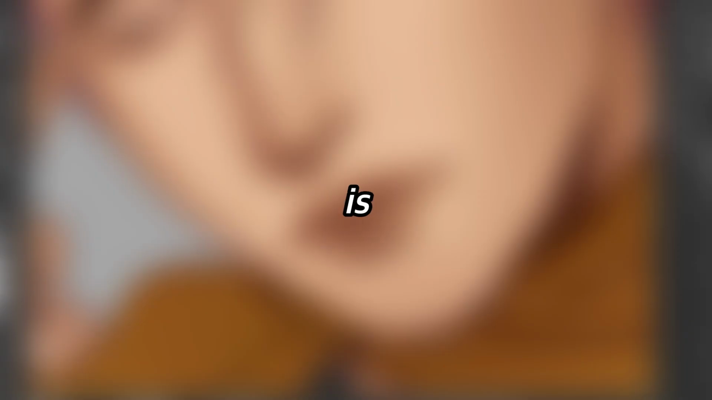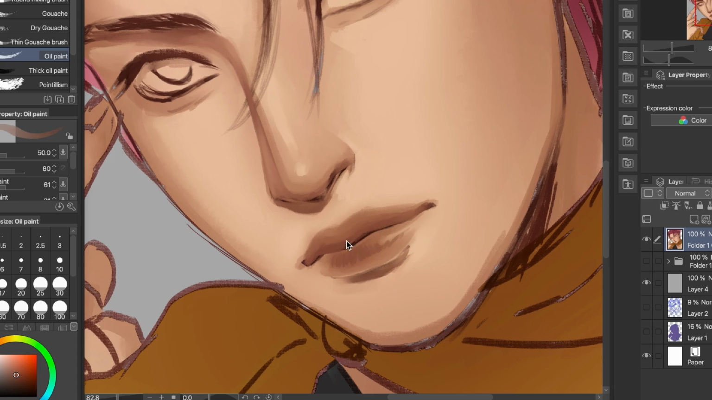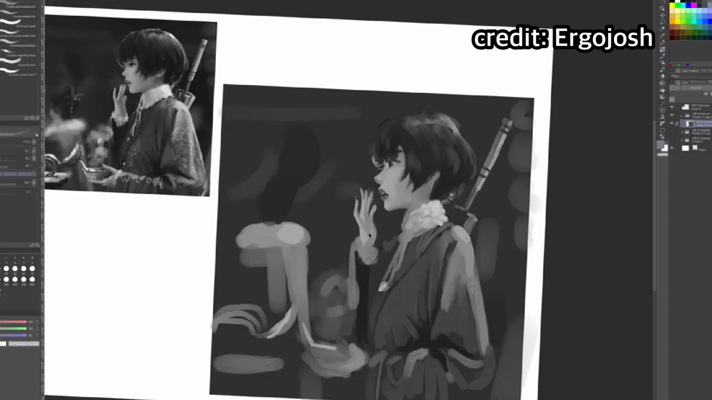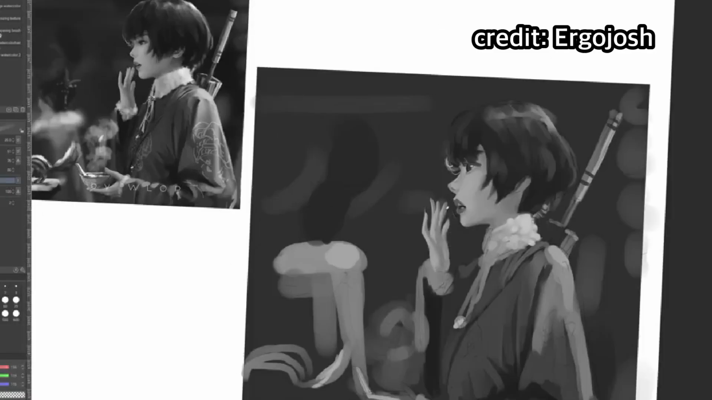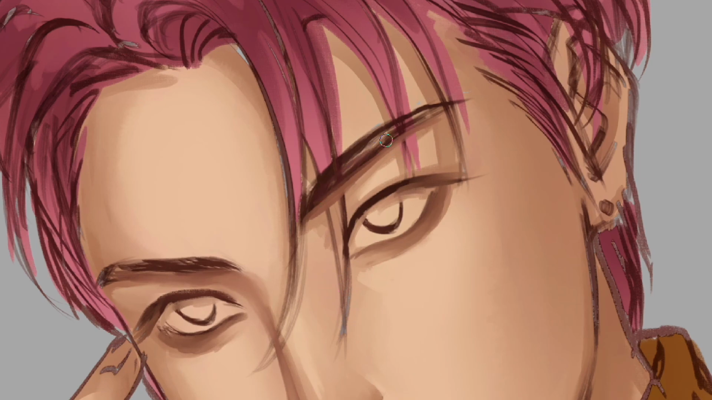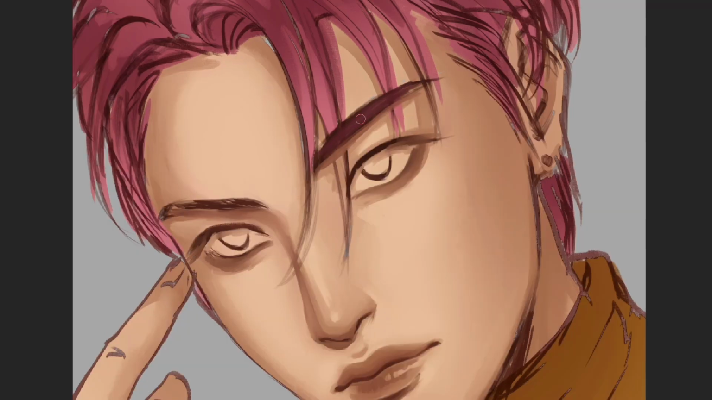Step number 3 is copy. I know some people still think it's taboo to copy someone's artwork, but I think it's fine if it's for learning purposes, especially if you're still finding your own style. This way you can really get a deeper idea of the artist's work. From my experience, when I'm copying other artists' artwork, I also get more sense of what works for my style